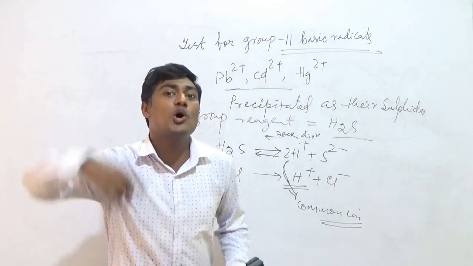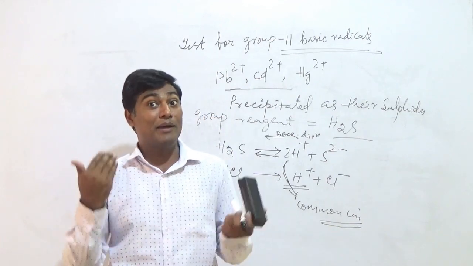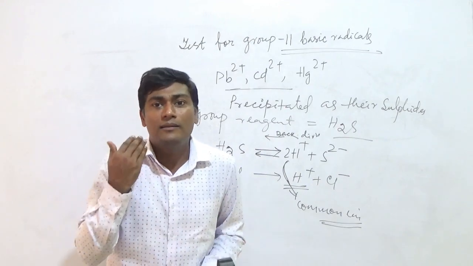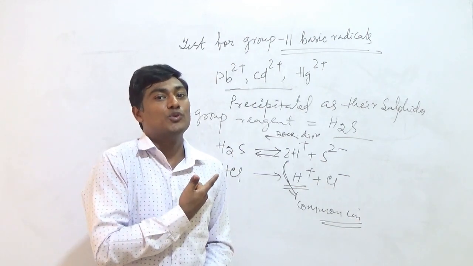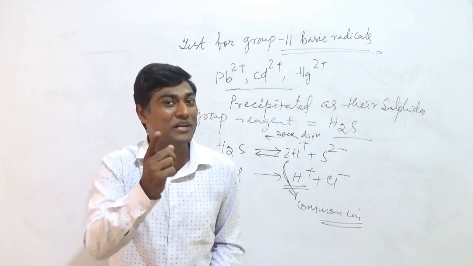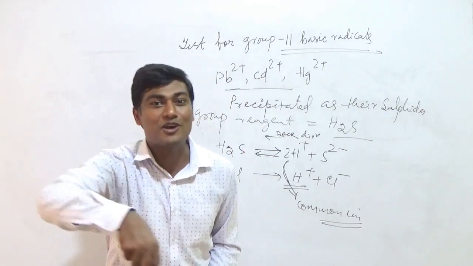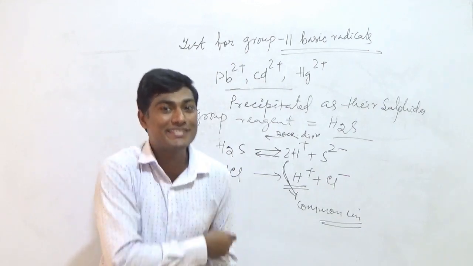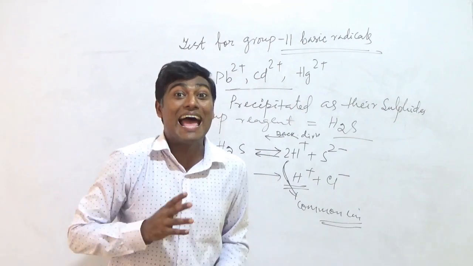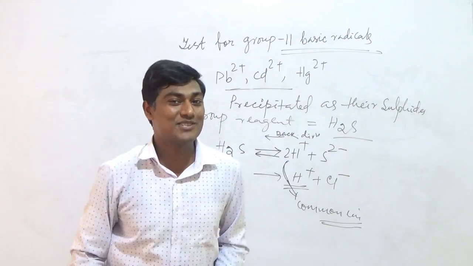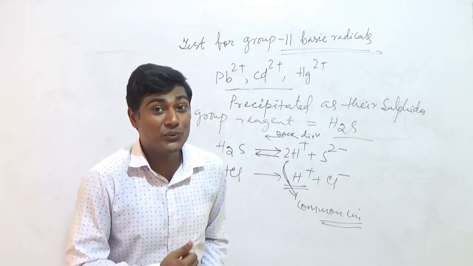So even elements other than group 2 basic radicals may be precipitated as sulfides. They may look like a black precipitate, and you will wrongly interpret that they are group 2 basic radicals, though they are not. Are you getting me now? By minimizing the sulfide concentration by adding dilute HCl, you confirm that only these cations will be precipitated as sulfides, not other ions. Now it's clear? This is a beautiful application of the common ion effect. Thank you. We'll discuss in the